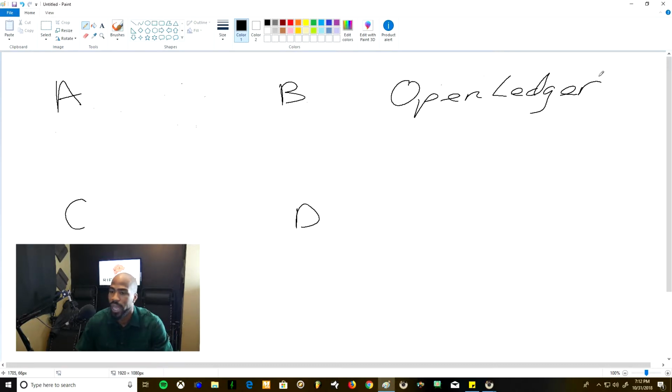So let's do a transaction on the open ledger. Let's imagine person A has $10. And if A, I'll change the color, if A wants to send person B $5 on the ledger,